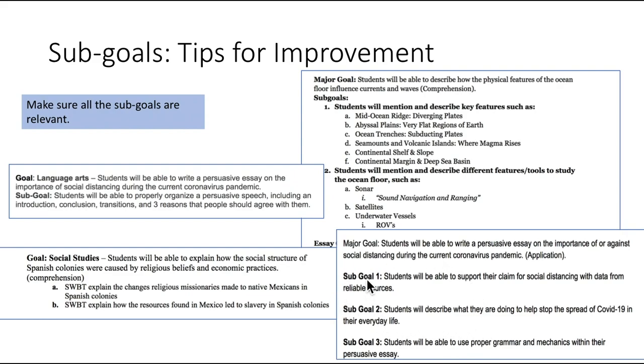these sub-goals lead to much more of an informational or informative essay than a persuasive one, because it's all about what will students be able to do, to describe, right? The first one's good. The second one, though, saying what you're doing doesn't really have anything to do with how you write a persuasive essay. Grammar and mechanics are good, and it's tied to a persuasive essay, but it's not really telling me about the sub-skills that I need to have about my opening, my supporting, my counter-arguments, using evidence, and my conclusion, and all that sort of stuff. And that's what should really be in there.